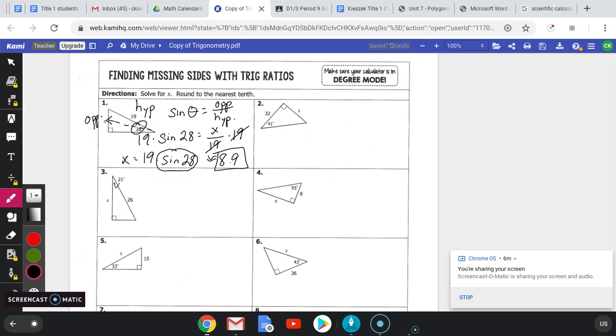Let's look at another example. Let's look at this number 2. Here's 41 degrees. What is the relationship of these sides in terms of that angle? Well, if we drew an arrow, this is the opposite side. This is the adjacent side, right? Because it's right next to it. So which trig function deals with opposite and adjacent? That would be cosine. So cosine theta equals